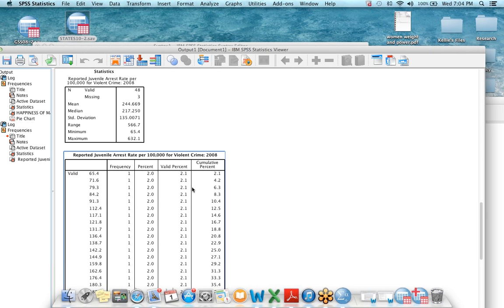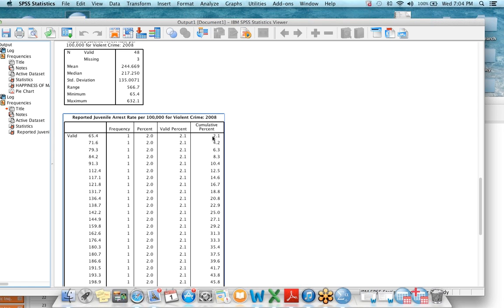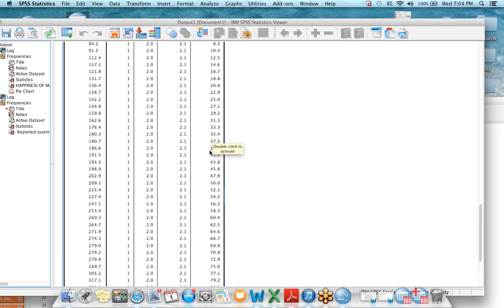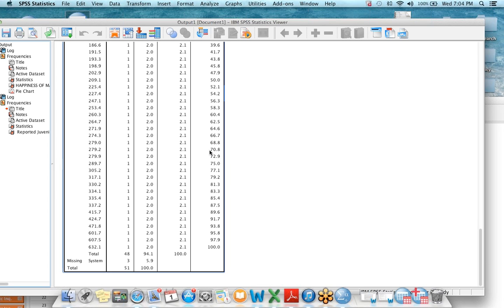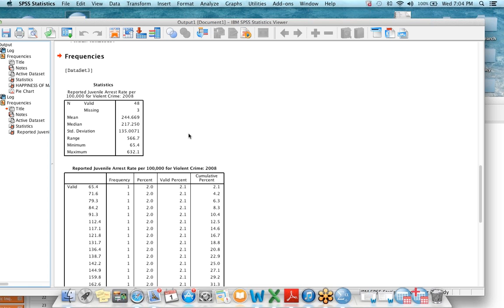All right, so this is giving us some of our information to fill out. It's actually not giving all of us. Oh, but up there it's telling us to use the explore command. So that may be the way that you'd want to go to get all of that particular information that the text is asking you to give. But this was what I meant about there's more than one way to find the information. There's more than one path to go down to get the information. It just depends on exactly what particular numbers that you need to find and what type of display that you